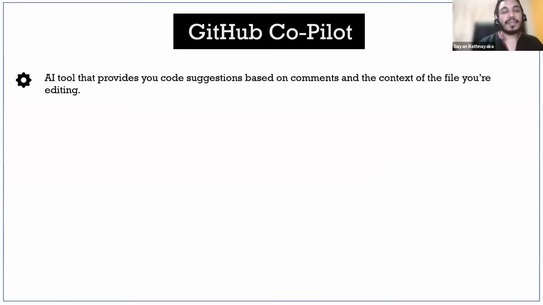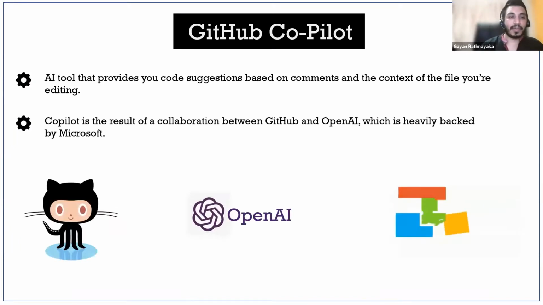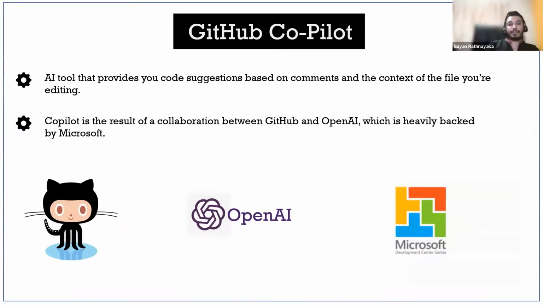I hope you have the background knowledge that's necessary to understand this concept. So this is basically an AI tool that provides you code suggestions and comments based on the context of the file you are editing.